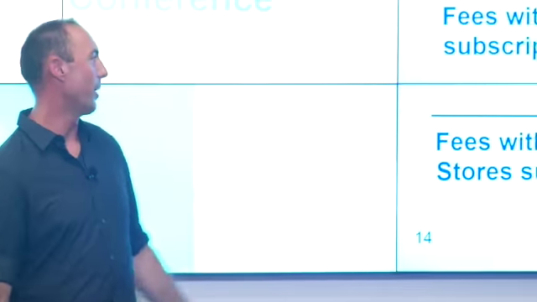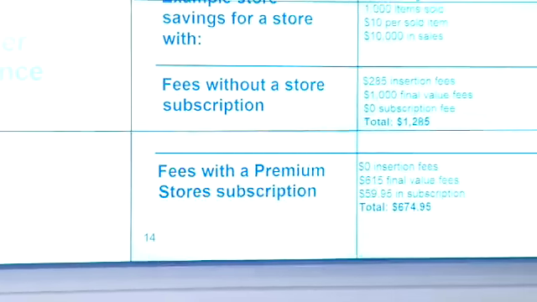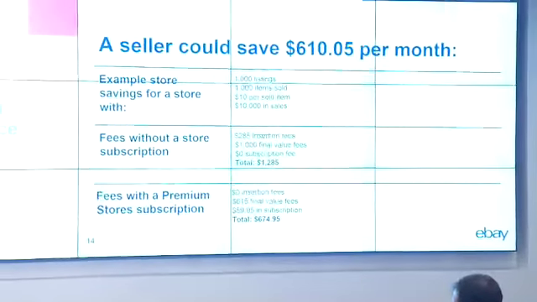If they have 1,000 listings, they do $10,000 in sales. Without a store subscription, they would pay over $1,200. If they had a premium store subscription, they'd get 0 insertion fees, they'd get discounted final value fees, and even though they're paid $60 in the subscription fee, they're still only paying $674, right? So that's an example of sellers could save money, which hopefully will get them to be more successful on eBay,